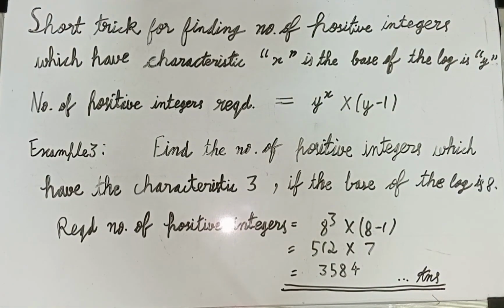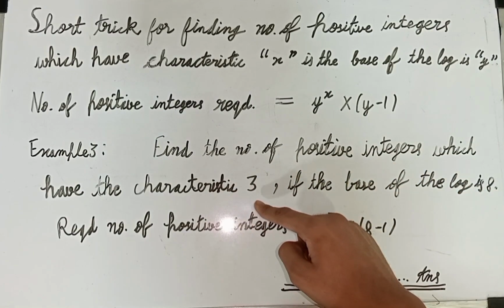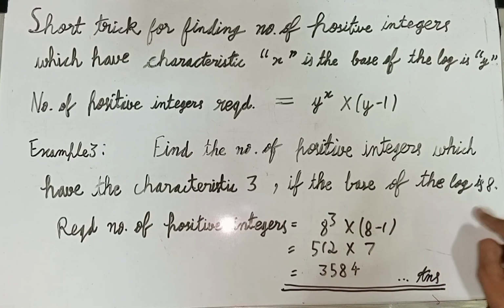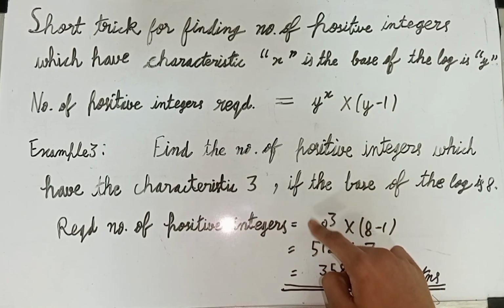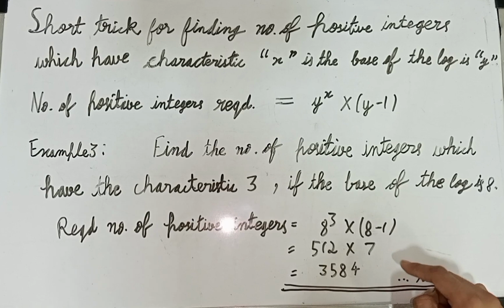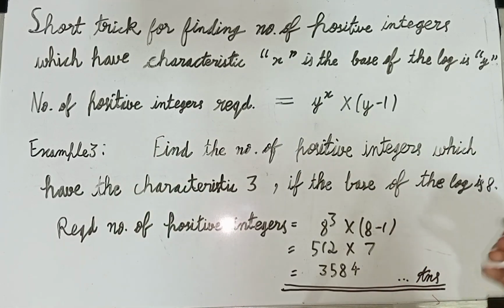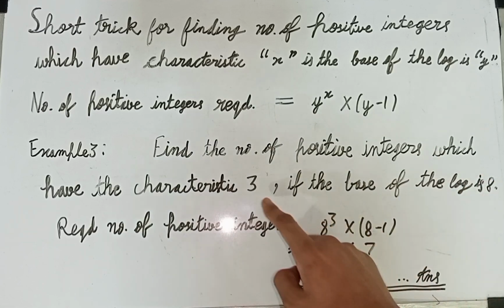Now we take the last example. Find the number of positive integers which have the characteristic 3 if the base of the log is 8. The required number of positive integers equals 8 cube into 8 minus 1, which is 512 into 7, which is 3584. And again this can be easily proved as 4095 is the last positive integer having the characteristic 3